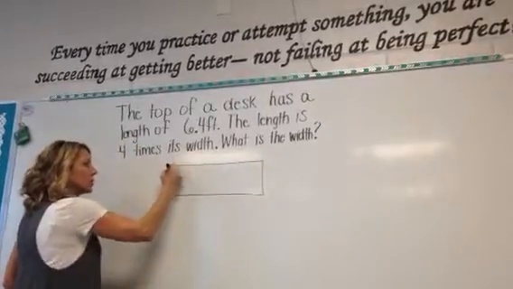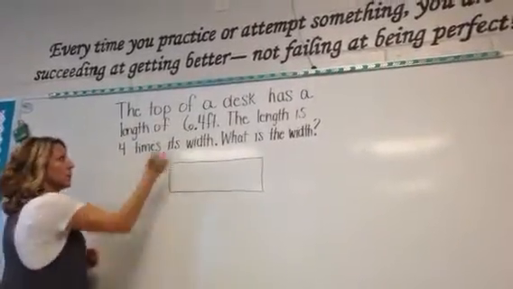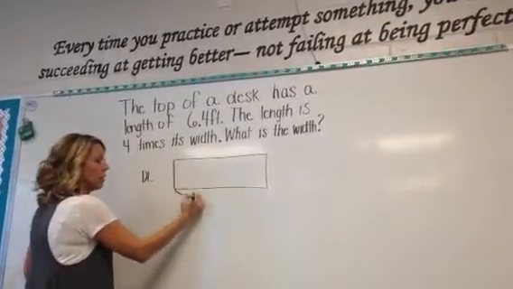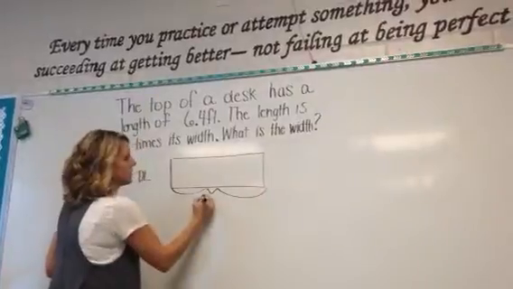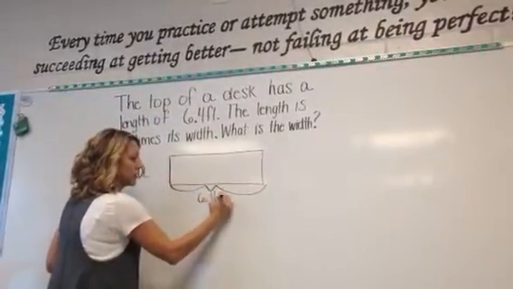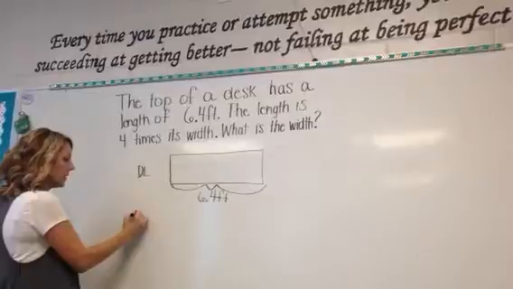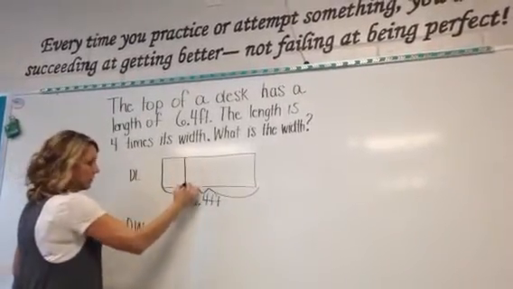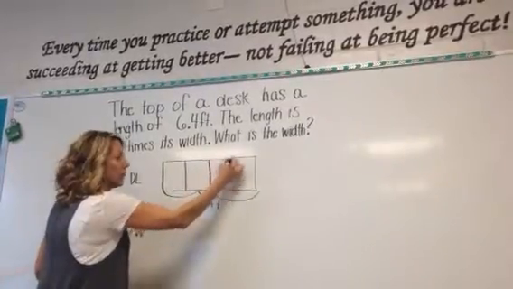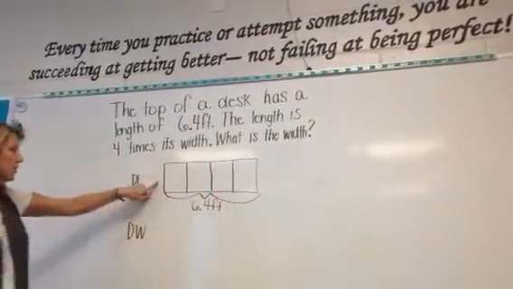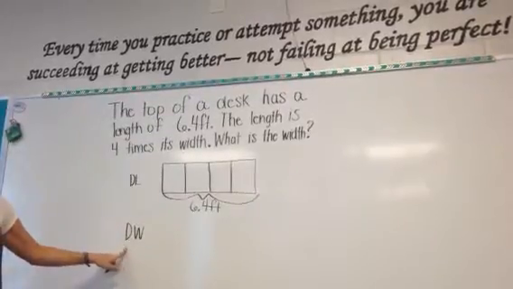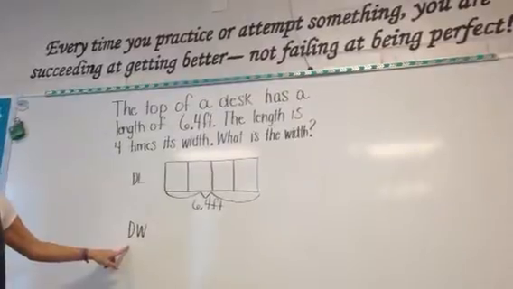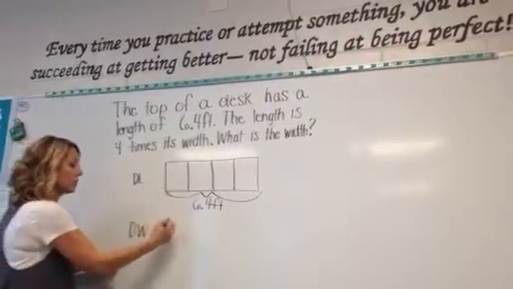The tape diagram, as usual, stands for the whole amount. And remember, they've already told us the whole amount. The desk length, we know the whole amount of. It is 6 and 4 tenths of a foot. We know that the desk width is just 1/4 of that size. It says that this is 4 times as big as this. Does that make sense so far? Yes. So just one of those would be the desk